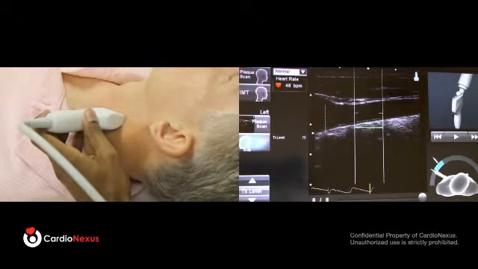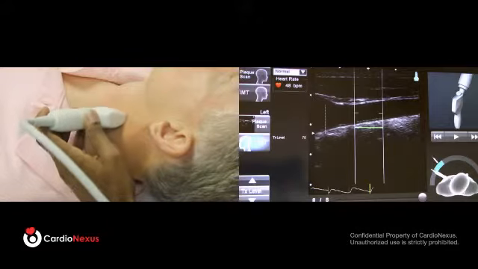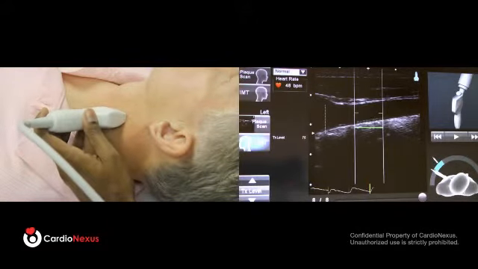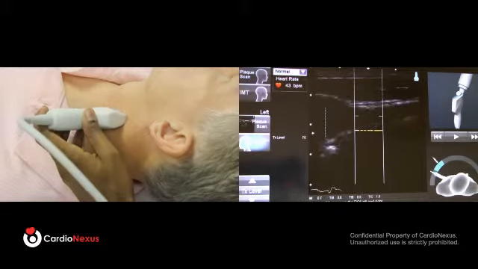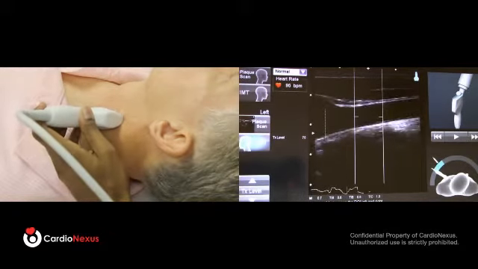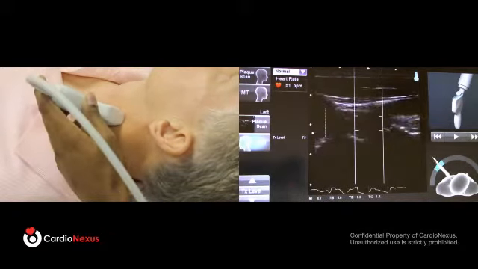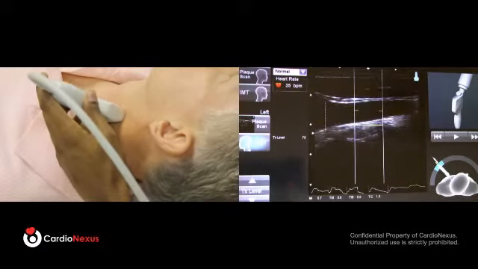Now there's a couple of checks that you will need to make as an operator. The very first check is reference, after it's frozen, reference the angle guide on the bottom right of the screen to make sure that you are more or less in that lateral view of the artery. In this case, the probe is slightly outside of that view. It's okay. However, you can always choose to unfreeze and then recapture the image. So same movement. I'm going to try to find this artery, reset my angle,